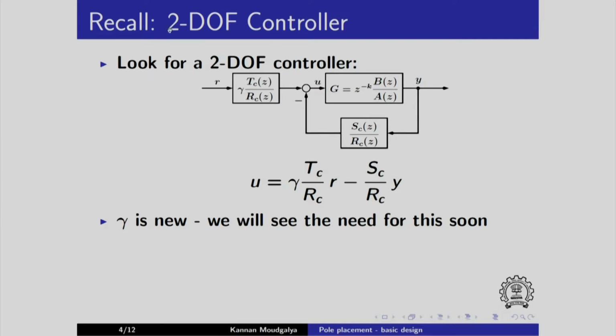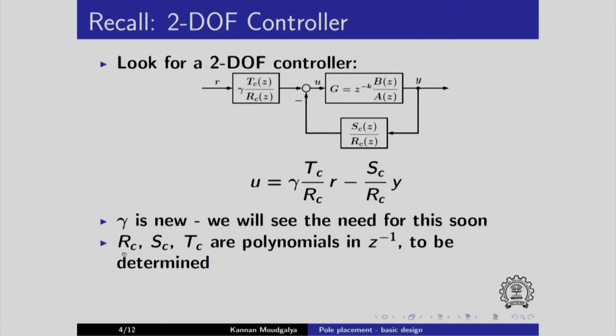Let us recall the 2-DOF controller we presented earlier in the first part of this course. The only difference is now we have gamma. You can of course guess that we have this gamma because we used it in the previous slide also. And notice that we have this u, the control effort u, is composed of a signal from here, which is given by this, minus the second signal, that is the feedback transfer function multiplying the plant output y.